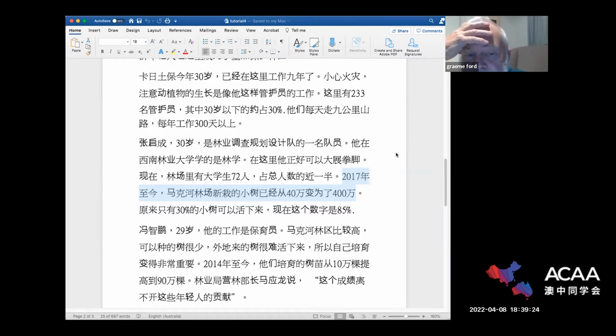Here we can just say "in the forest," Linchang. We don't need to repeat that Makahe Linchang. In Chinese, it often gets repeated through the text, and in English, we avoid the repetition of the reference. So newly planted saplings in Linchang